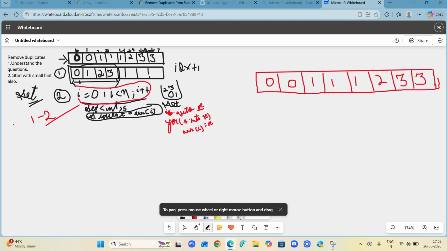So now students, let's think about what I'm going to do. I'm creating a container i and one more container j.